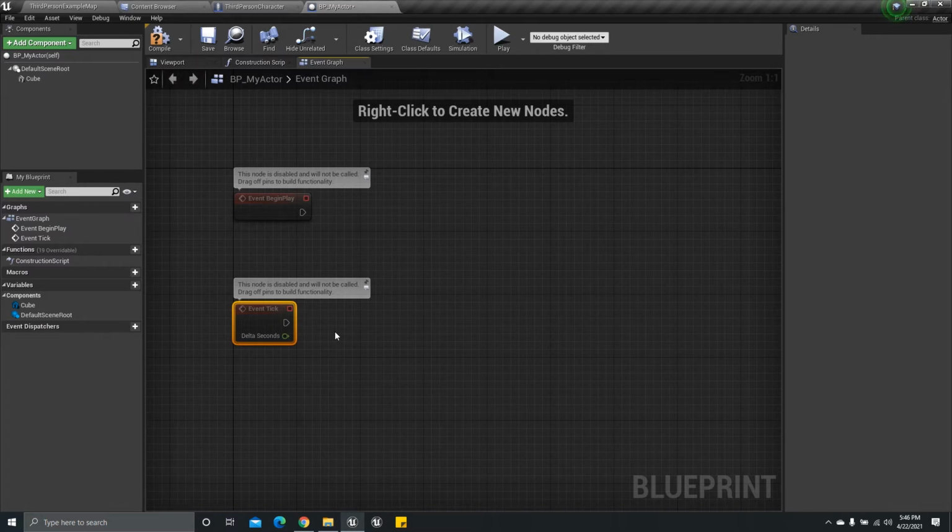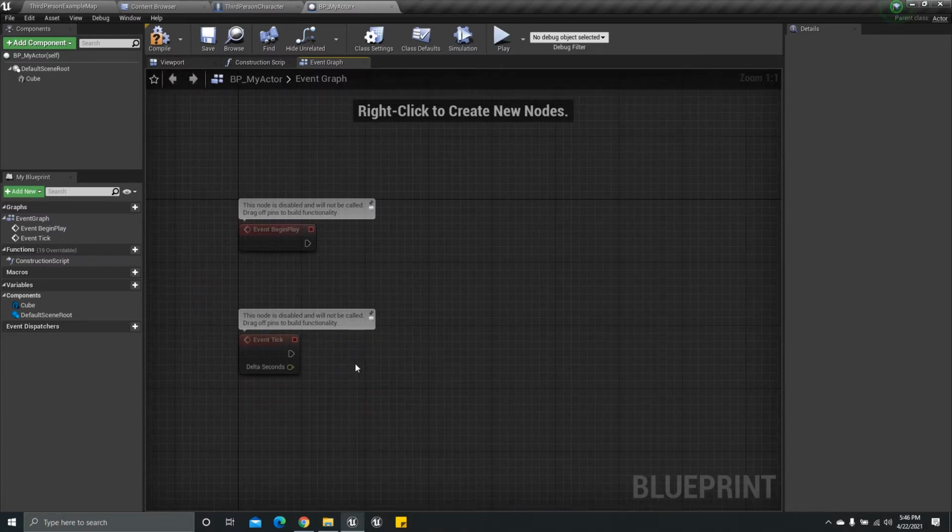So it's up to you. Be careful when you use Event Tick, because it can make your project heavier than anything. And yes, it's quite useful for finding bugs or checking the overall progress of your logic, like how it is working, whether there is some glitch or not. It depends on the case how we're going to use it.